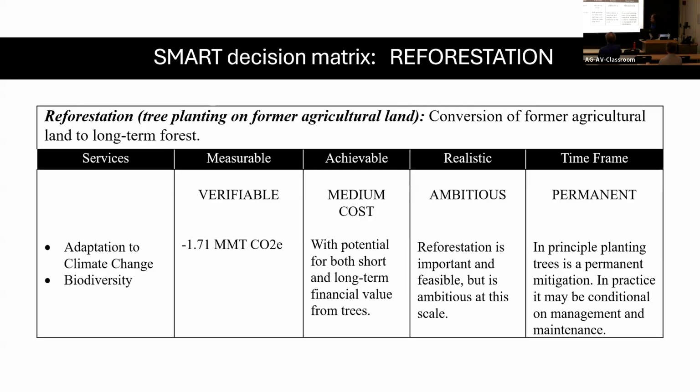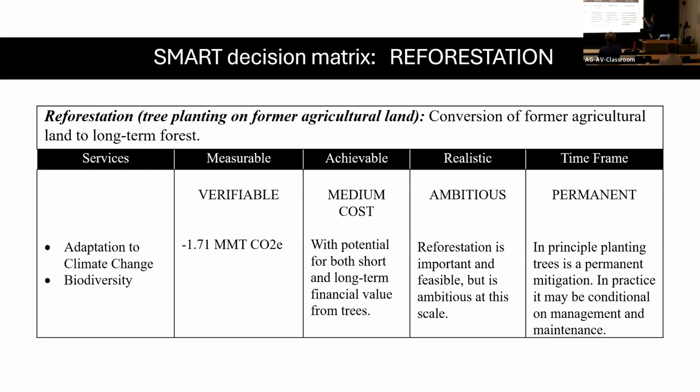They have the co-benefits of adaptation to climate change and increased biodiversity. And it is important and feasible, but this is incredibly ambitious, right? There's a whole supply chain that needs to be built out, right? We have to think about deer, we have to think about invasives, right? There's all kinds of things to be considered here, but we consider it to be ambitious and realistic,